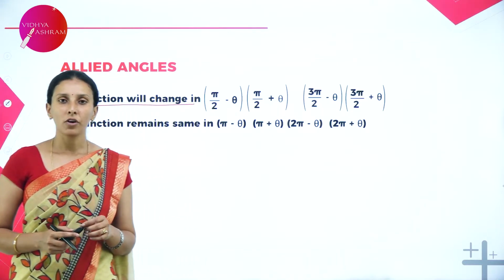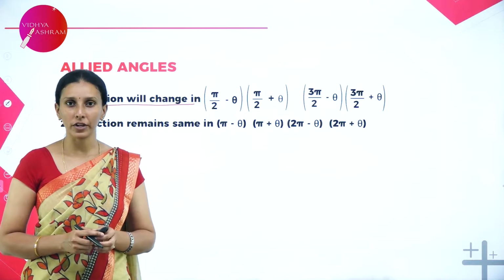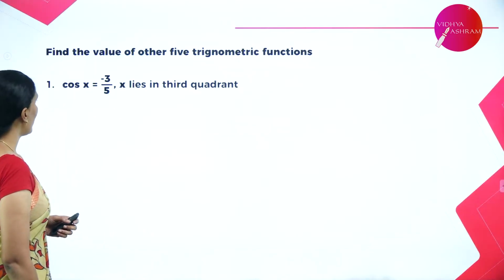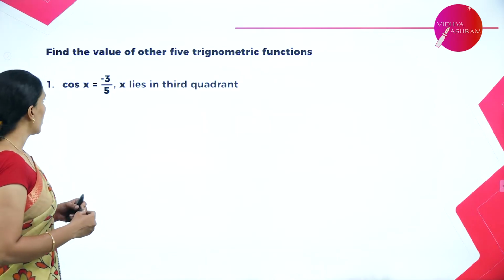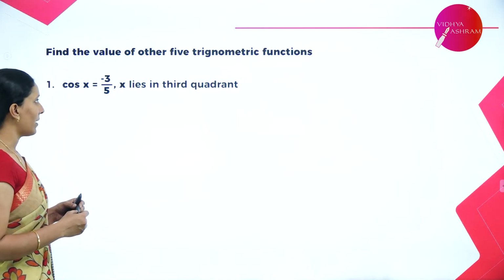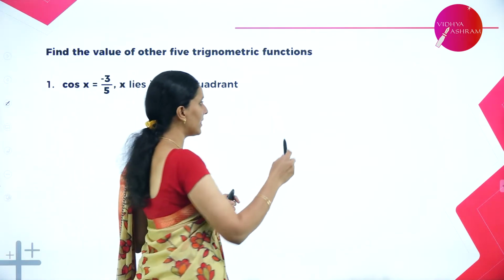So now using all these concepts, let us solve a few problems and find the values of trigonometric functions. First one we have: find the value of the other 5 trigonometric functions. Cos x is equal to minus 3 by 5, x lies in the third quadrant. When I say x lies in the third quadrant,